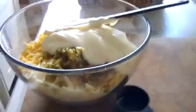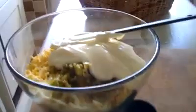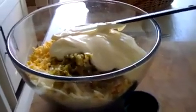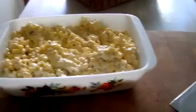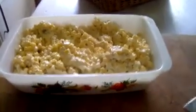Right, so now everything is in the bowl, all ingredients, which I will also list for you as well. And then I'll pause again so you can get the next. Right, so there you go. Everything is all mixed together in the bowl into a casserole dish. You can see